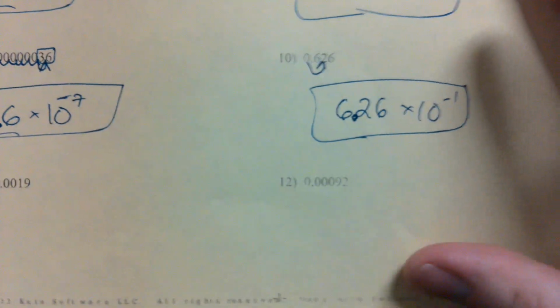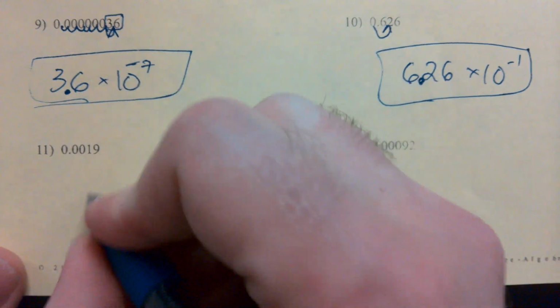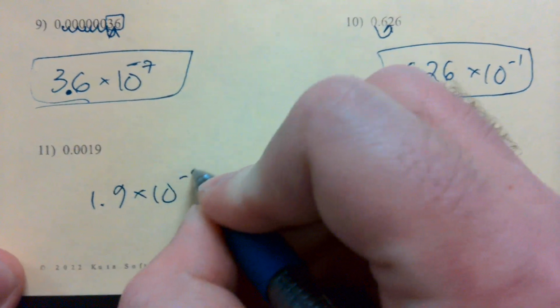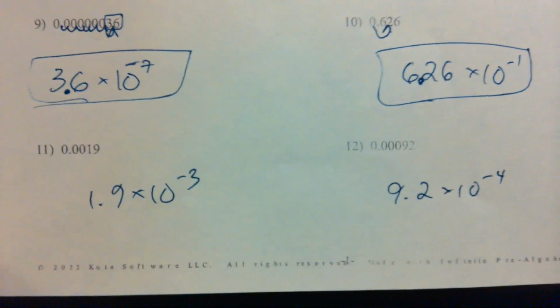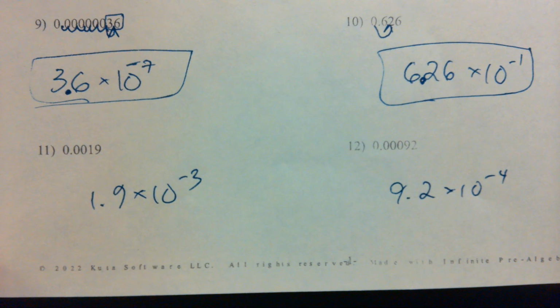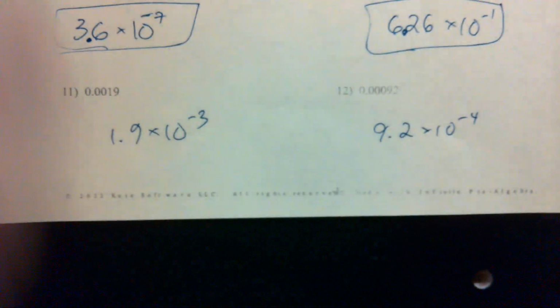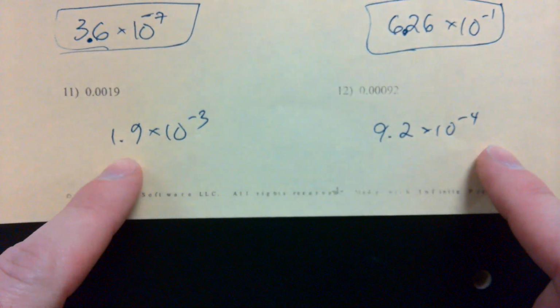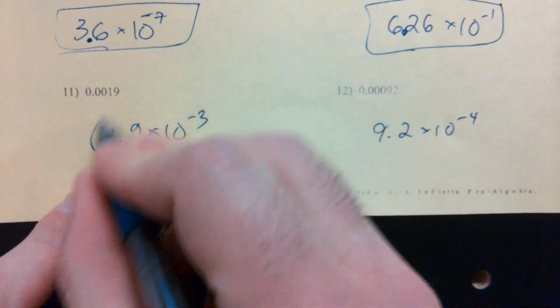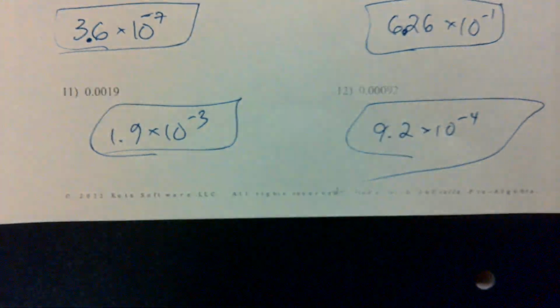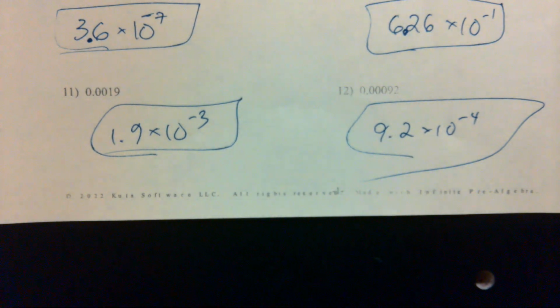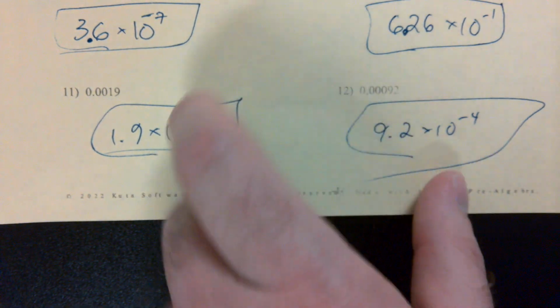All right? Real quickly, just so you can check your answers, 1.9 times 10 to the negative 3 and 9.2 times 10 to the negative 4. Does that look right? Yeah. Give me a thumbs up. You got 11 and 12. Yours look like that. Good. Okay, cool. And I got it right. I trust you guys. All right. Even if you turned it in on Friday, go ahead and turn this back in because I got to go through and